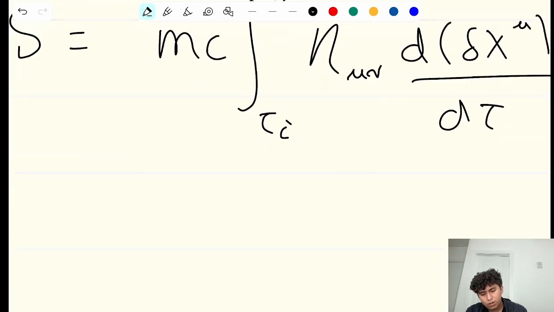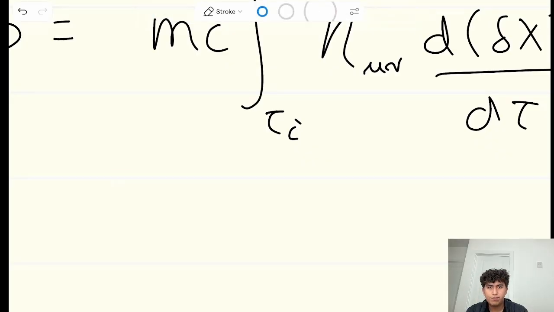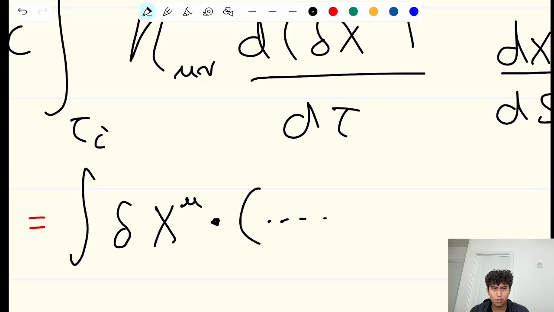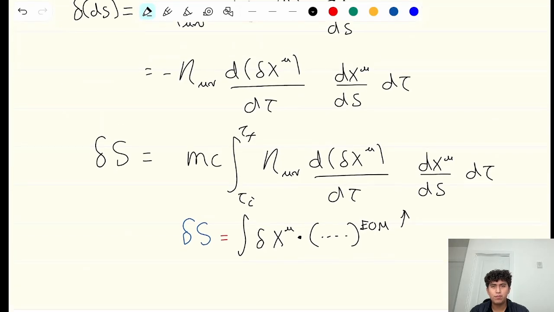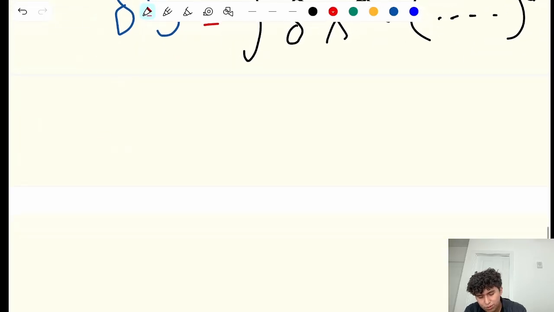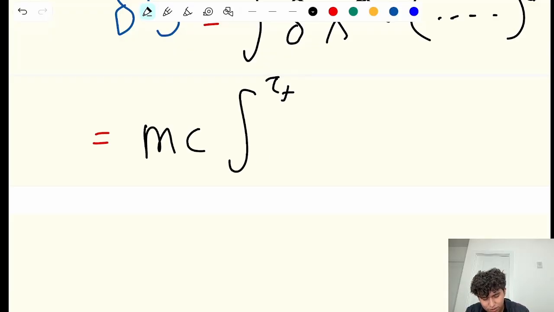whenever we're in calculus of variations, we want to get the equation of motion. We want to have the variation of the action in the following form: an integral of the variation of every path times the equation of motion. So you want to put this into that form. And if you remember from the previous lectures and the practice that you did during your problem set, you can always put everything inside the derivative, then you do the product rule inside the derivative, and then you subtract whatever is left that you didn't have originally. Essentially, what you get if you do that trick that we did a couple of times now,